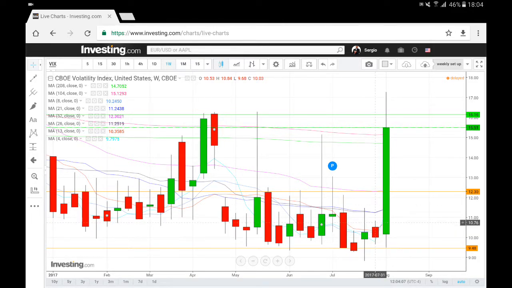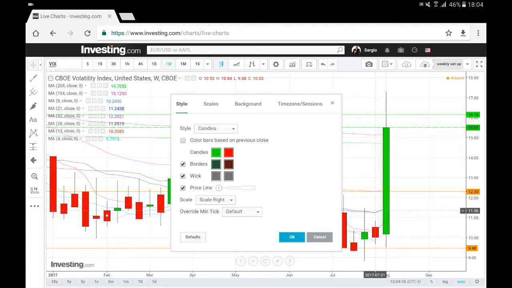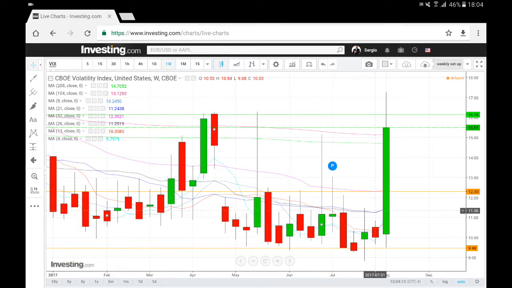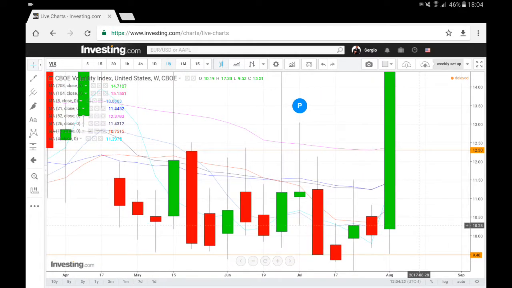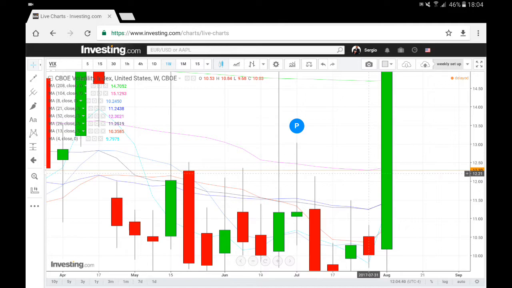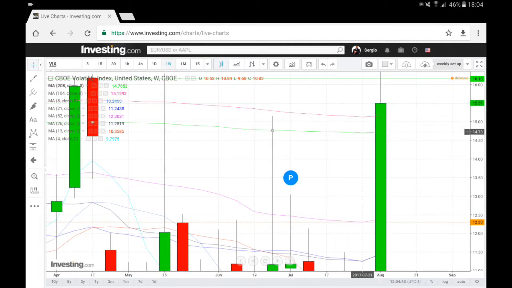You see, remember all the moving averages were moving sideways, without direction, except for the 4 week moving average over here. I'm going to amplify, we zoom in. Take a look here at the 4 week moving average. It's pointing up, crosses over the 8-week moving average and the 13-week moving average. Now it's going towards the 21 and 26 moving average, and over here you have your 52 week moving average at 12 points, and the 208 and 104 moving averages respectively at 40, 68 and